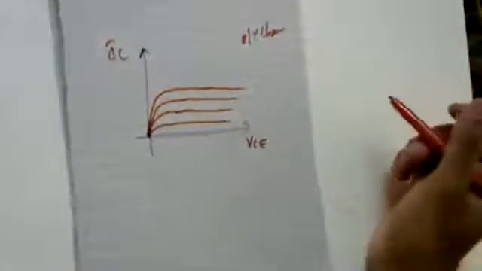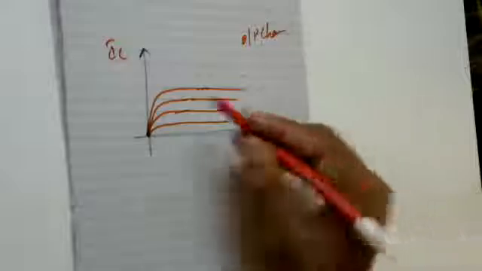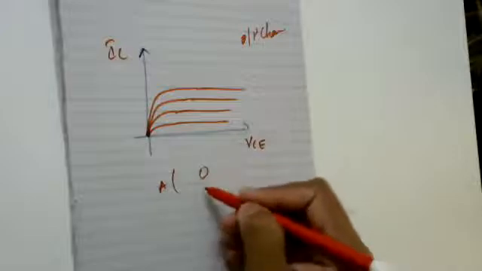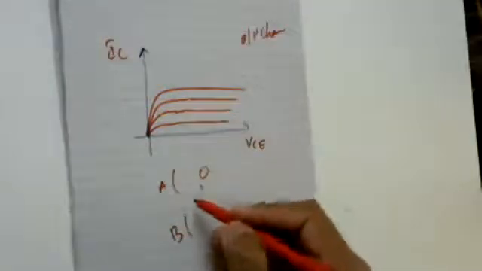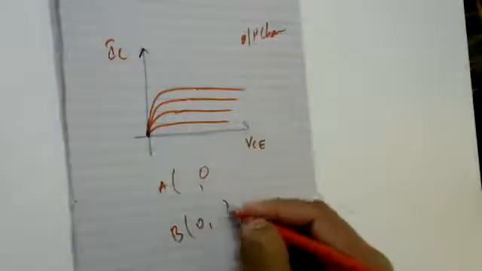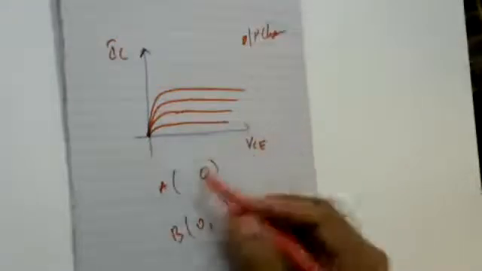Okay, then what we have done over here is we are able to identify 2 points on this line. Whenever I want to have a point on the x-axis, its y-coordinate is 0, and whenever I want to have any point on the y-axis, its x-coordinate is 0. So we know that any point on this plane, that is the VCE versus IC plane, is a point having the coordinates VCE comma IC. Over here, the y-coordinate is 0, which means it's a point on the x-axis.